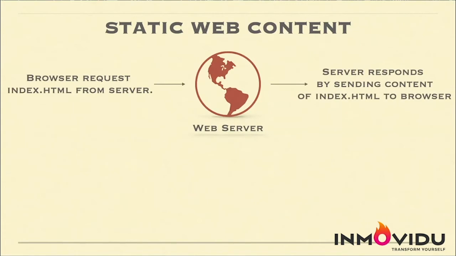I will repeat it again. First, when we open a browser, Chrome or anything, we type the URL of a site. It requests the server to give that URL, and the default is index.html. Then the web server, because the data and everything is stored in the web server, will find that URL and respond by sending the content to the browser, which we see.